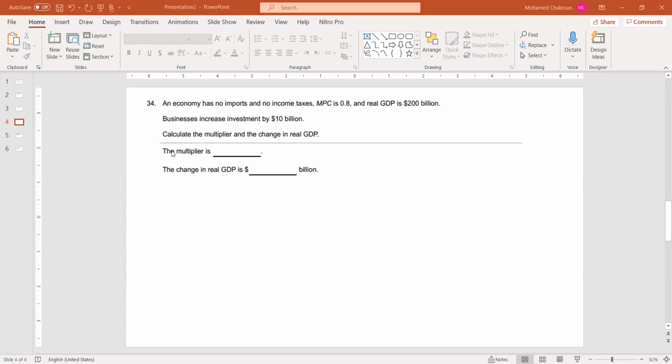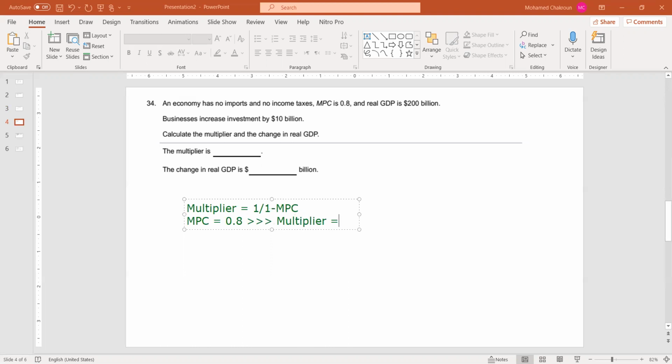Now, here you need to know what is the multiplier. So the multiplier is equal to 1 divided by 1 minus MPC. This is the multiplier. So here MPC is equal to 0.8. So the multiplier is equal,